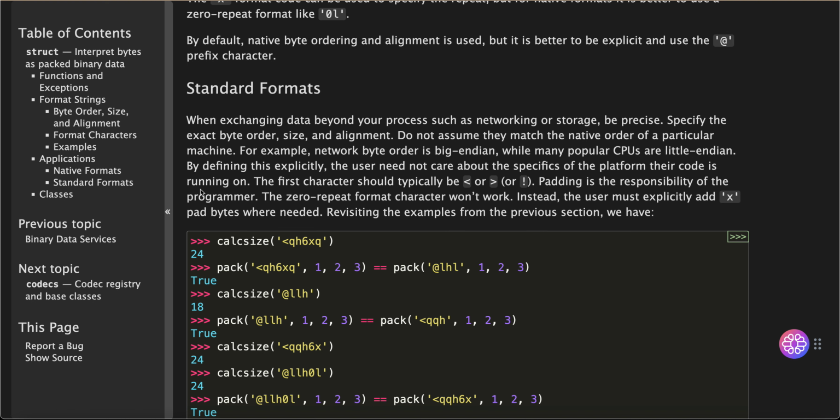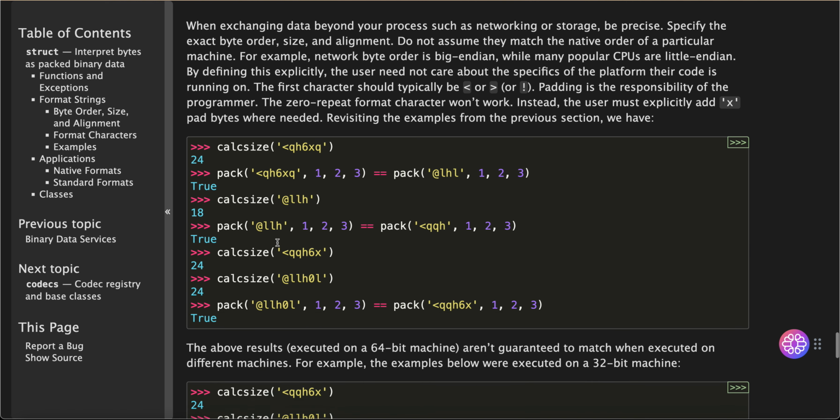Padding is the responsibility of the programmer. The zero repeat format character won't work. Instead, the user must explicitly add x pad bytes where needed. Revisiting the examples from the previous section, we have: